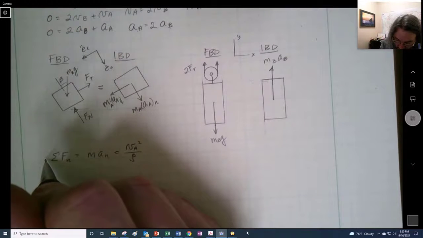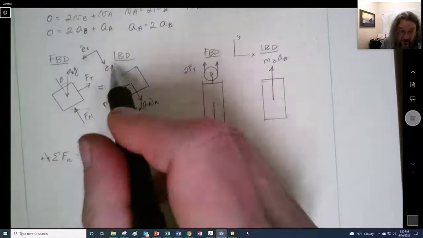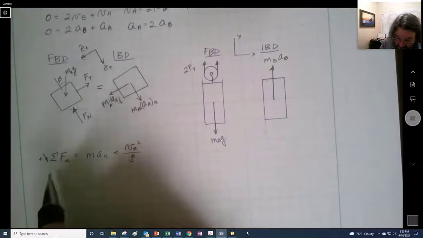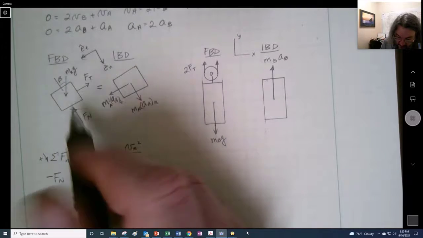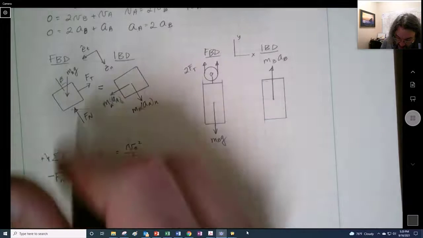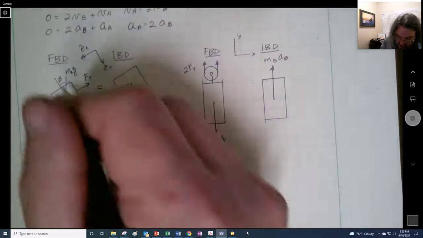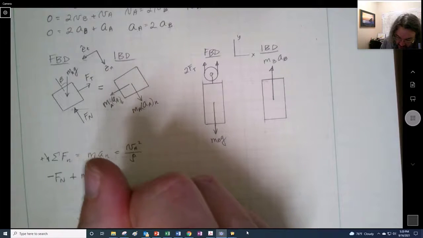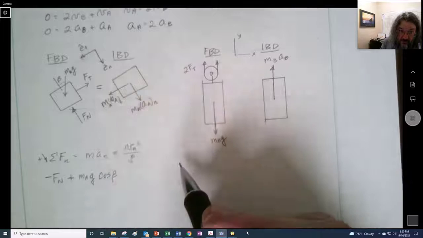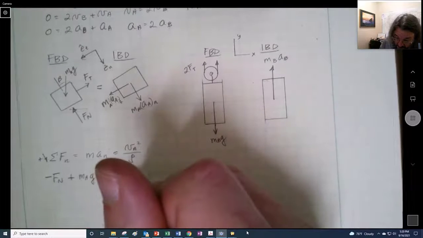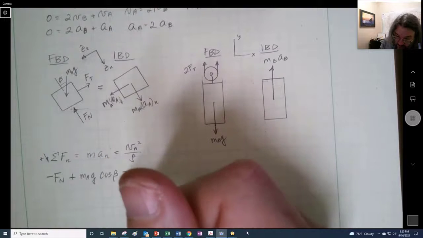So the normal direction is positive that way according to how we've drawn our axis. So we'll say a negative Fn, right? And then we're going to have a positive m_A g, but times the cosine of beta. And the tension doesn't fall into there, so we're okay here. And we're going to have that, it's going to be equal to,